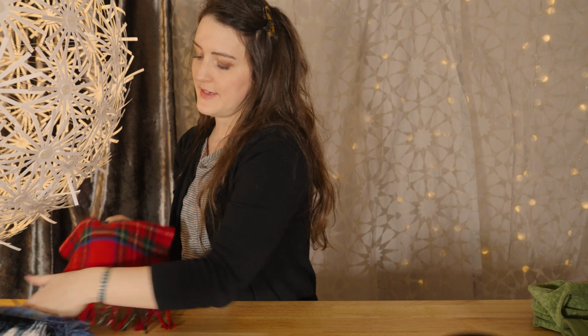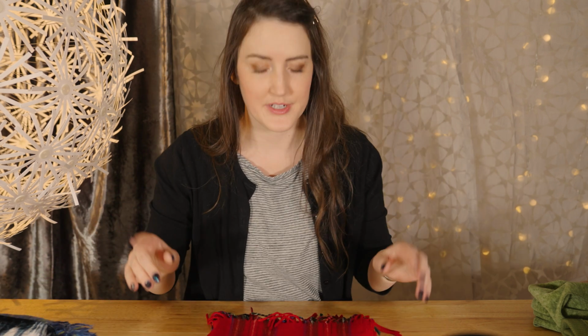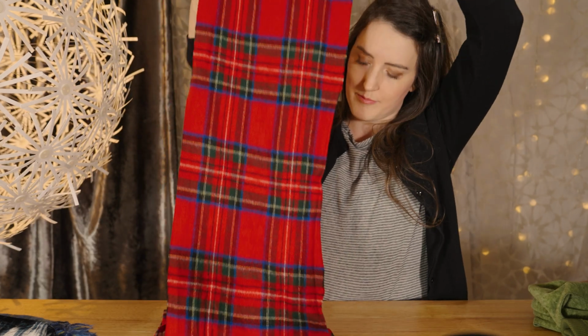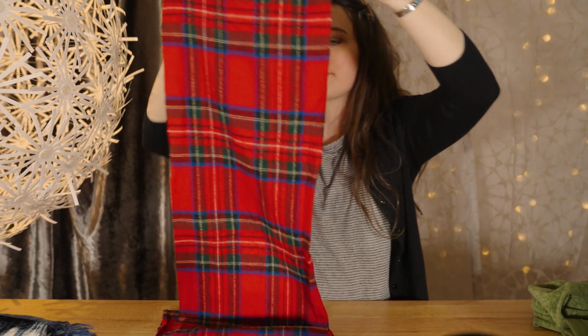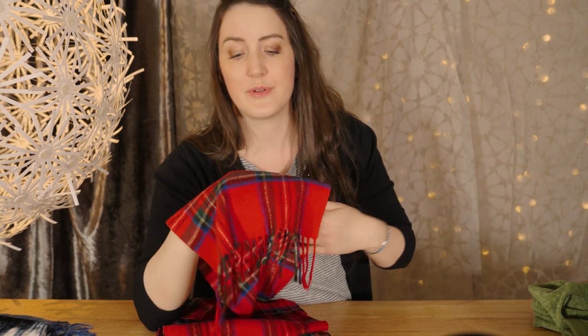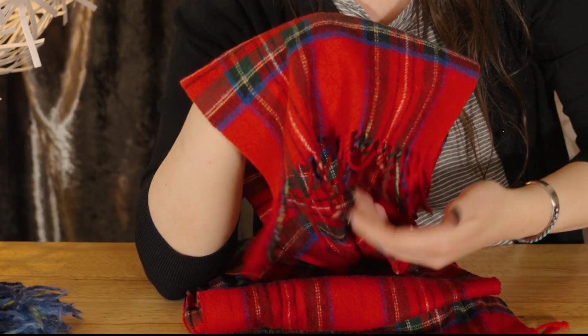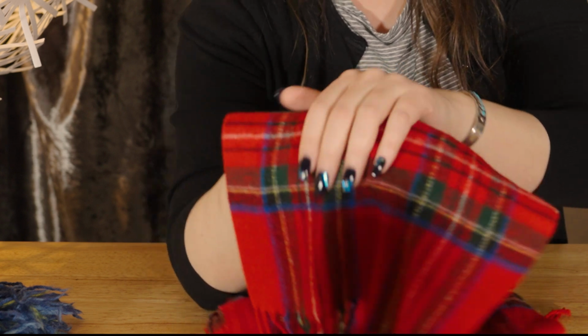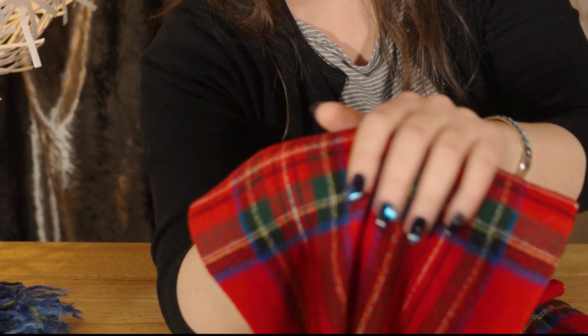Now our next winter scarf is a very traditional scarf. It's this lovely plaid color. Very traditional plaid. And then it has these little frills at the end. It's also very soft. Incredibly soft. Yeah, it's really nice. So if you have it right next to your neck, it's not going to be itchy like a wool scarf. It's very delicate and soft and